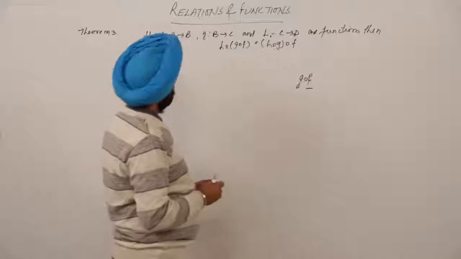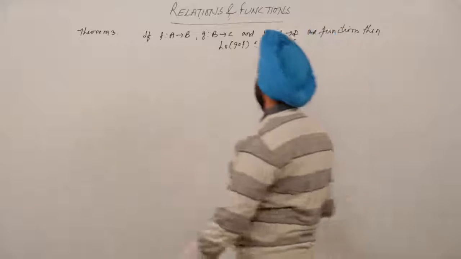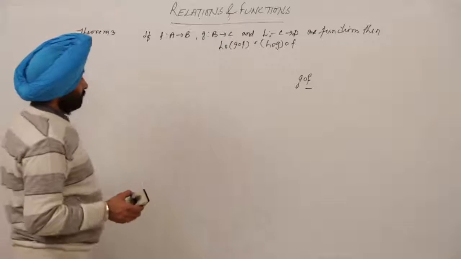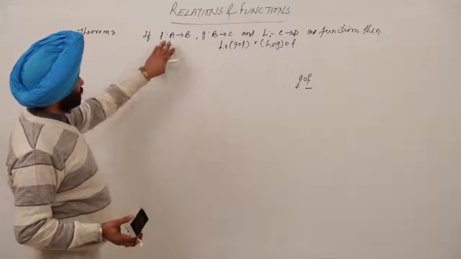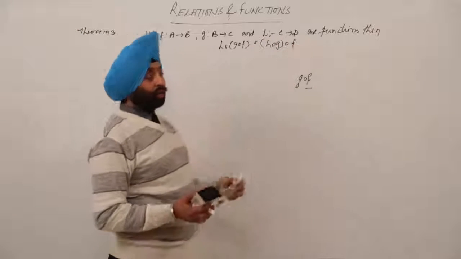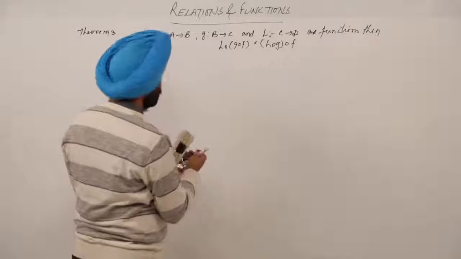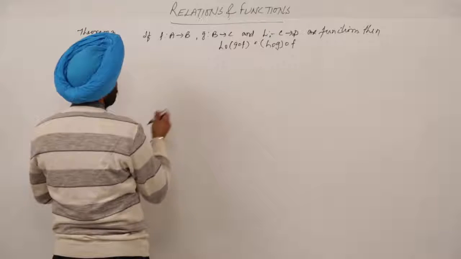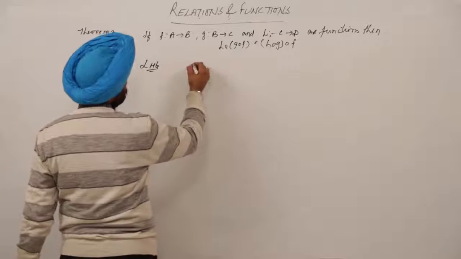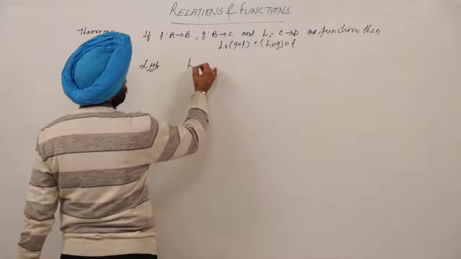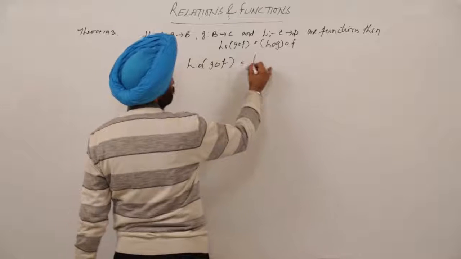So here again you can go through the theorem: a function from A to B is f, from B to C is small g, from C to D is h. Now we are having three functions, 1, 2 and 3. Then how are they correlated, how are they equal? Now how can we write the left hand side? For the left hand side we are having h∘(g∘f) is equal to